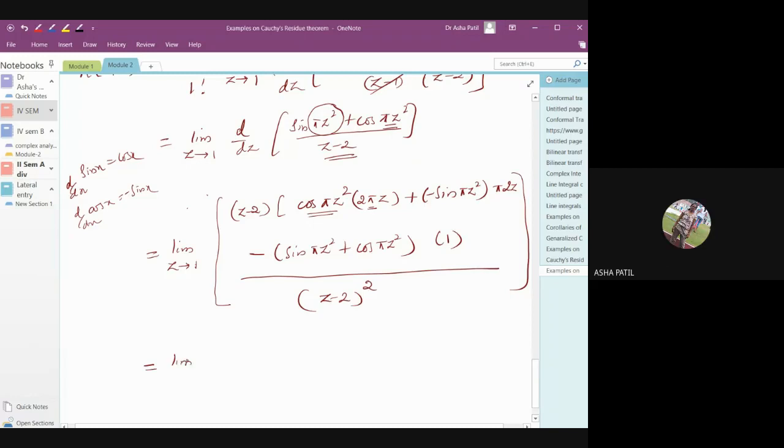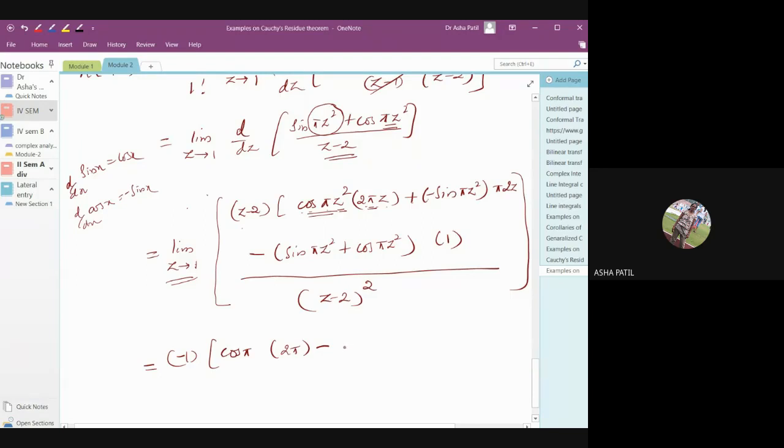So for the limit, instead of simplifying, you can directly put the limit. Why? To simplify. Anyhow, we are putting z equal to 1 here. So directly put z equal to 1. 1 minus 2 is minus 1. Then cos pi, you're putting z as 1, so it becomes cos pi. Again 2 pi into 1, you'll get 2 pi, plus into minus, you have minus,